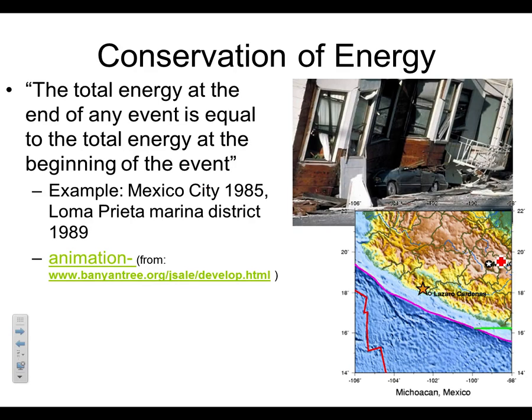Mexico City earthquake in 1985, similar case. The earthquake was actually down here in the Michoacan Gap, a long way from Mexico City. But Mexico City was the place that was destroyed by the earthquake because of this idea of conservation of energy. If you know a little bit about the history of Mexico City, and I don't know much, but I know that basically it used to be a capital city of the native people that were there. And Tenochtitlan, I think, or however you pronounce it, that was their city. And their city was greatly defensible because it was surrounded by a swamp.